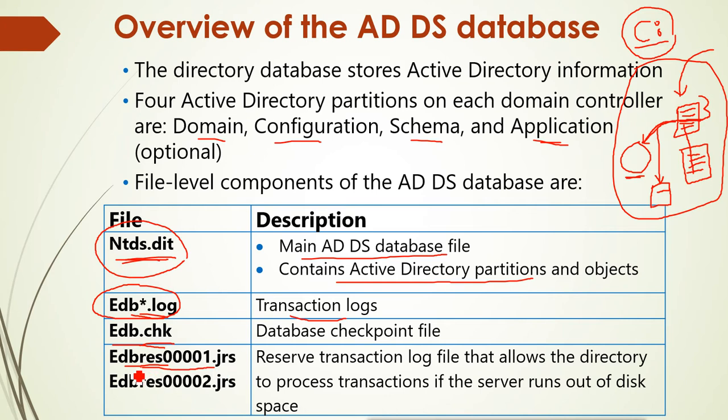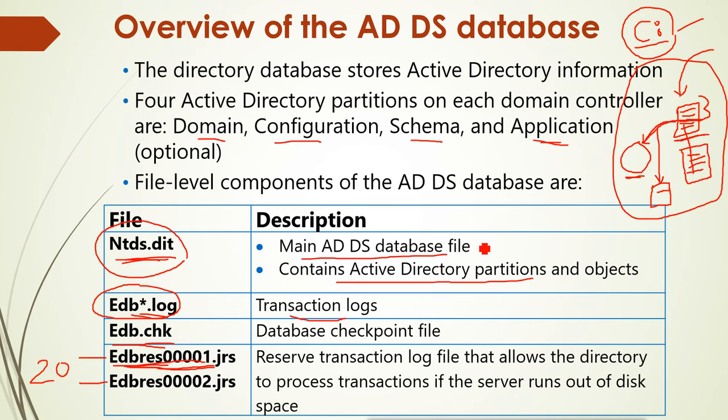These files will always be there, and they are reserving 10 MB each. This one file is reserving 10 MB, and this one file is also reserving 10 MB. They do not have any information, but they have reserved space, so we have a total of 20 MB reserved. So if the C drive is full, one of these reserve files will be deleted, and it will make space for the log file so that we can create one 10 MB log file.